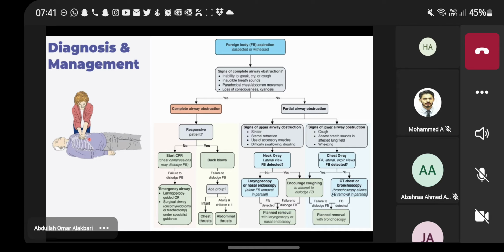And you can repeat that. If it failed, we can do laryngoscopy with forceps. We try to remove the foreign body with the forceps. If it failed, we sometimes do endotracheal tube insertion, and we push the foreign body distally to allow us to